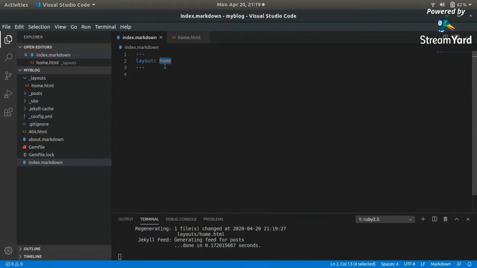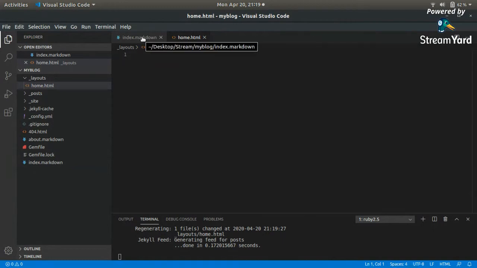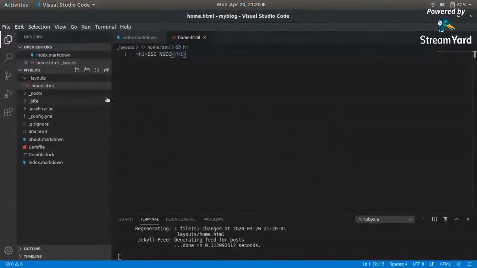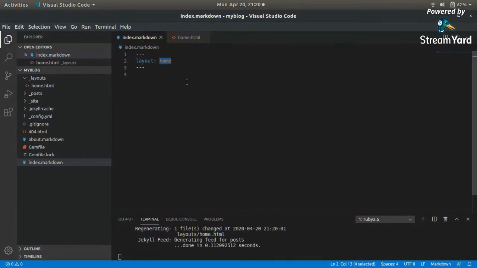Whatever we have in my layout, we can overwrite that layout with the same name in terms of an HTML file. So let's say I have a heading which says DSC and SEC, right? So you do get the hang of it, right? With the help of a simple HTML file with the same name as that of the layout, I can override the whole thing. So that is how you create layouts, and that is how you override the minima theme or any themes that you have explicitly, right? Going back to the presentation,